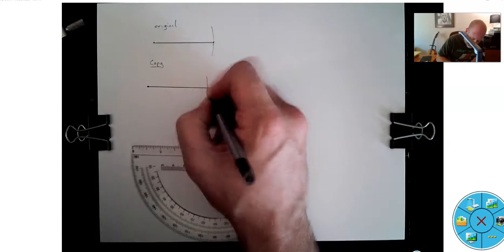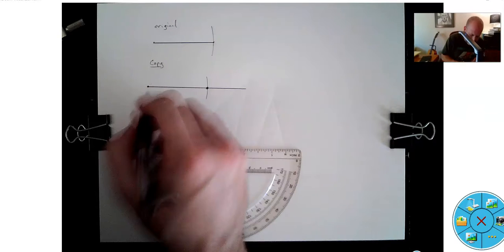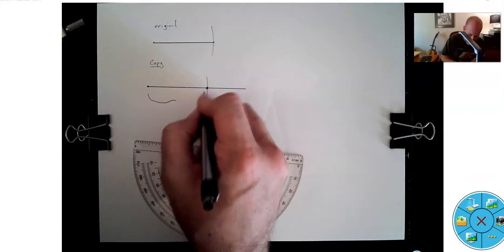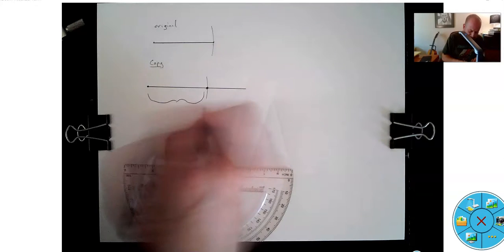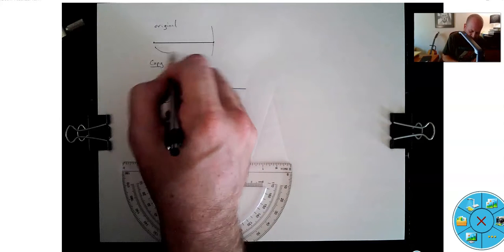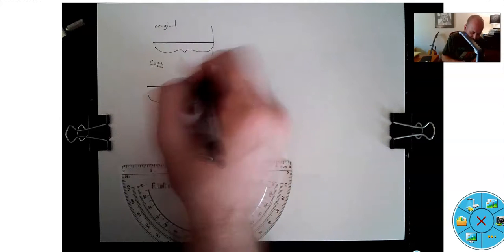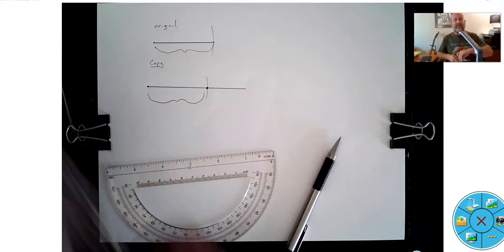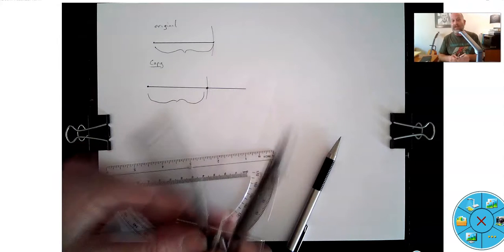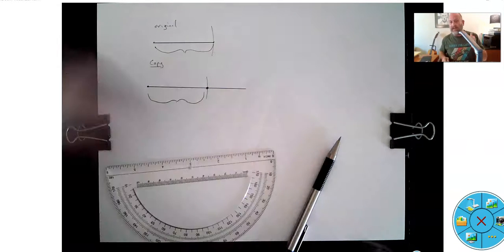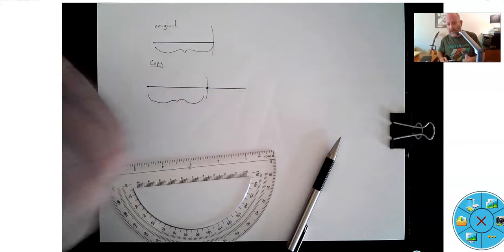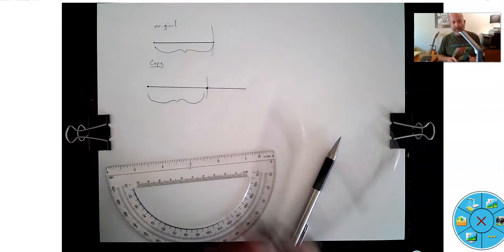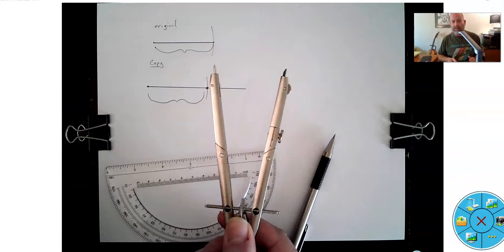And so the distance from here to here is exactly the same as the distance from here to here. And you notice what the compass actually did. Basically, what it did is it marked a distance. That's all it does. Your straight edge does nothing but make straight lines, and your compass does nothing except mark